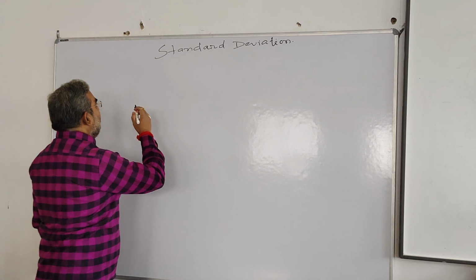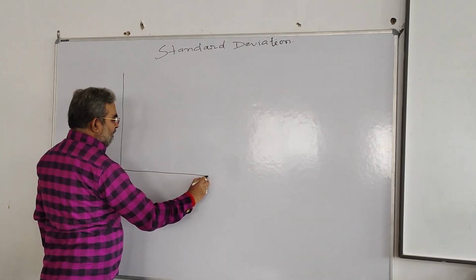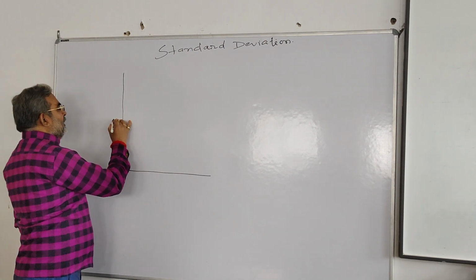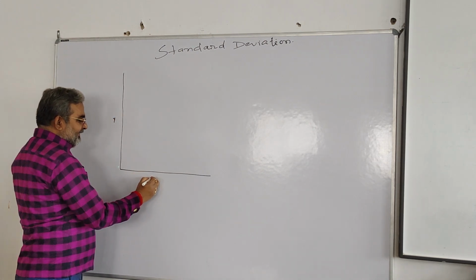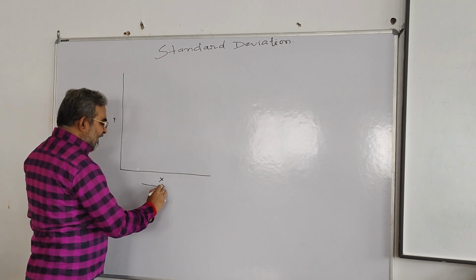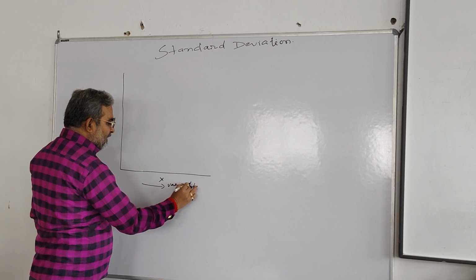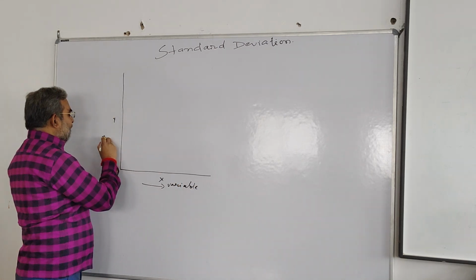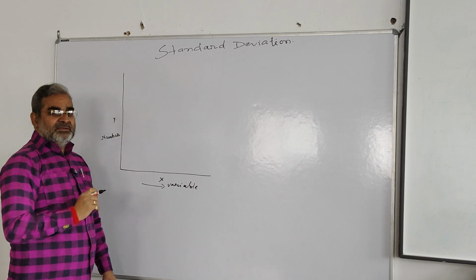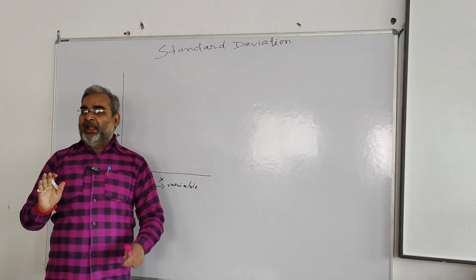Suppose here it is y-axis, it is x-axis. It represents the variable. It represents the number. X represents variable and y represents number. And